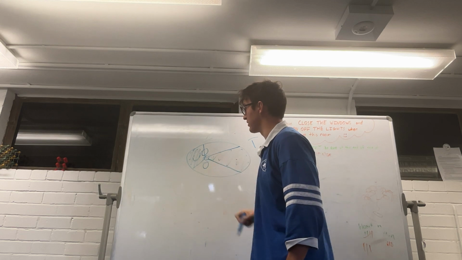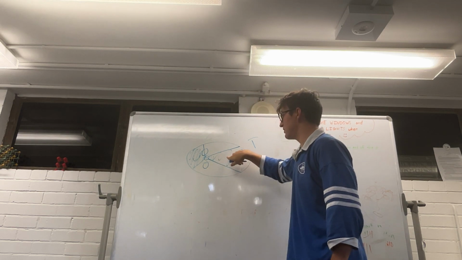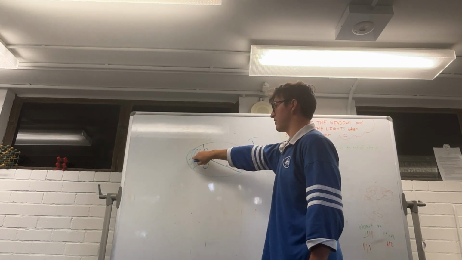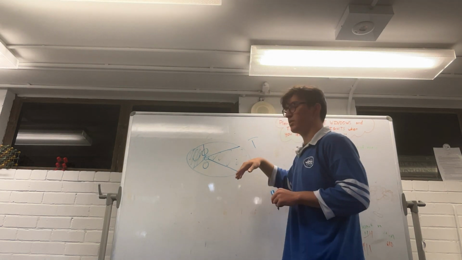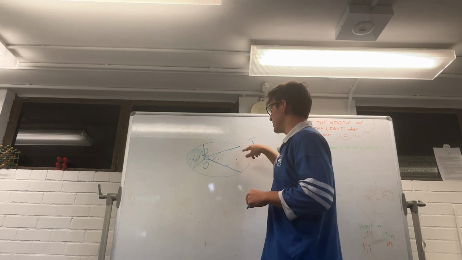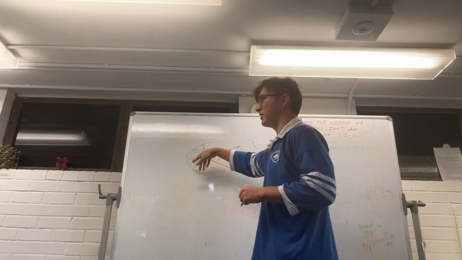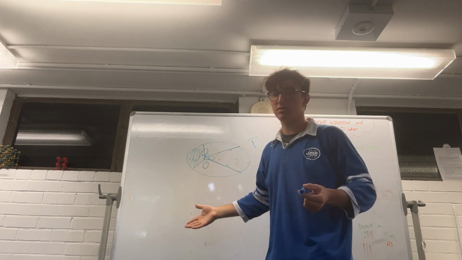So this area here is always going to be the exact same as this area here, which just generalized means that for any orbital period time, the velocity of a planet would change depending on its distance to the sun,